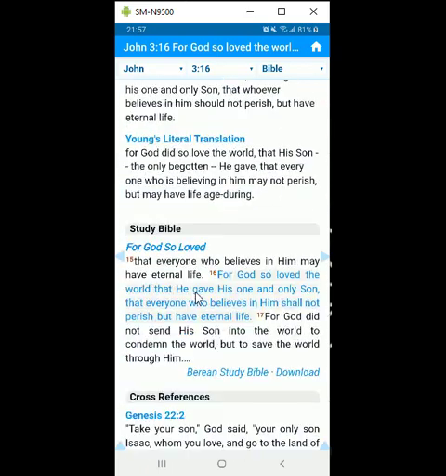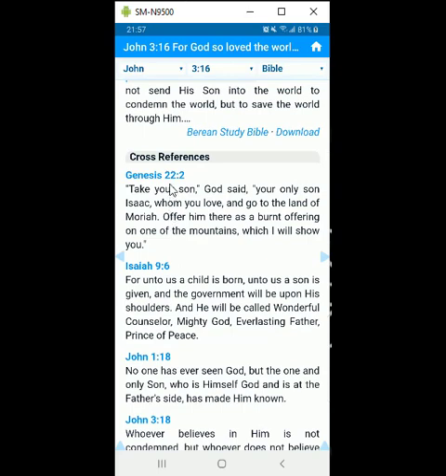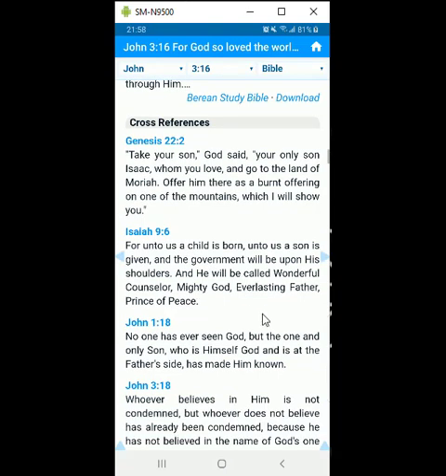And then right at the bottom, we have the Study Bible. So it actually gives us a little bit more information about the studies. It has cross-references to other verses. So for example, for God so loved his Son, the word son is the cross-reference there, and here it says take your son, and that is the story of Isaac being sacrificed. So you can see how that is a cross-reference to God giving his only son, his only begotten son for the world. And then Isaiah 9 verse 6, for unto us a child is born,